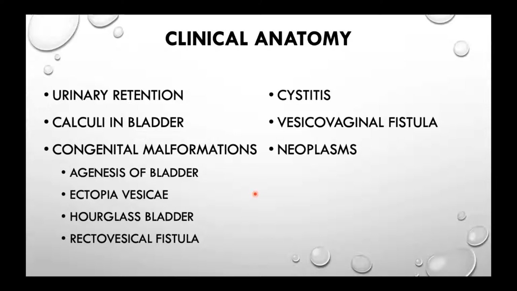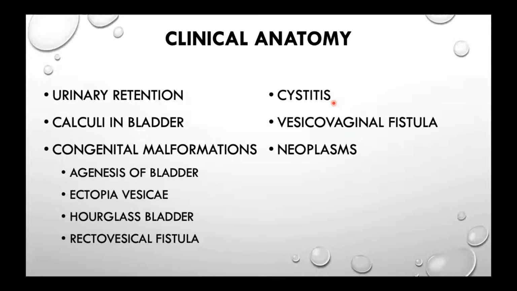The obstruction in the urethra may be because of many reasons, like in males, prostatomegaly, or fibrosis as a result of any kind of chronic infection, as we say, the stricture of urethra. And calculi in the bladder are also seen, the stone formation in the bladder, and cystitis. The word cystitis refers to the infection of the urinary bladder, an inflammatory condition, and in females it is quite common.